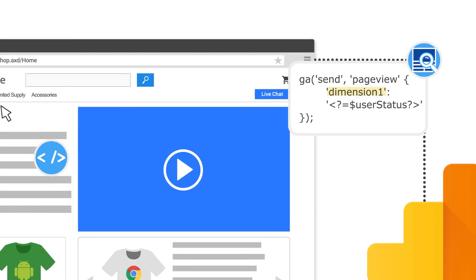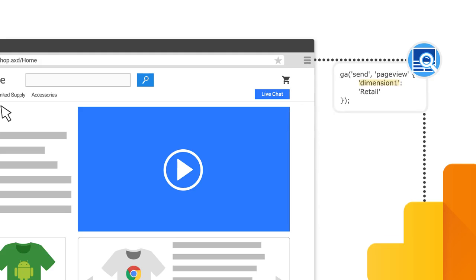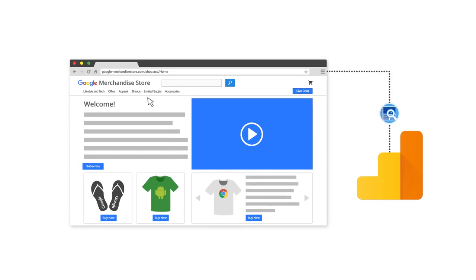Dimension 1 refers to the index number of the custom dimension created in Analytics. The user status variable is what the store's custom JavaScript code passes to the custom dimension to use in reports. When the custom JavaScript collects whether users came from the discount URL link or not, it will populate that index and value variable with the user status. Once the hit has been sent to Google Analytics, Analytics will process that data into a custom dimension that may be applied to reports to compare customer and employee